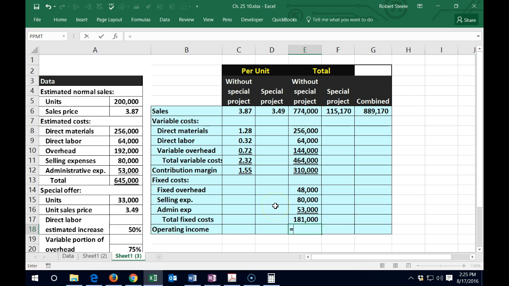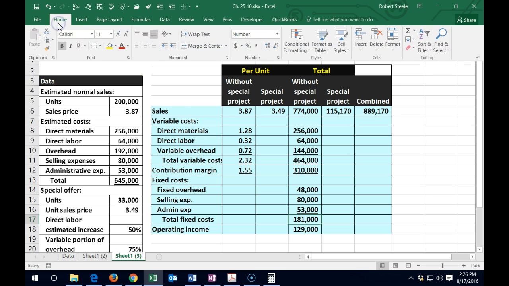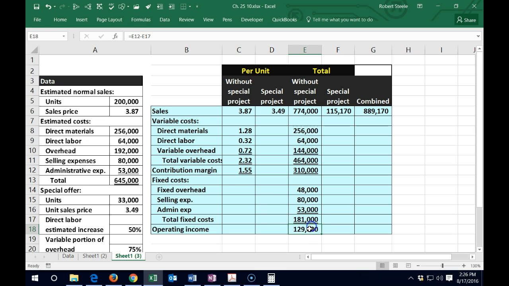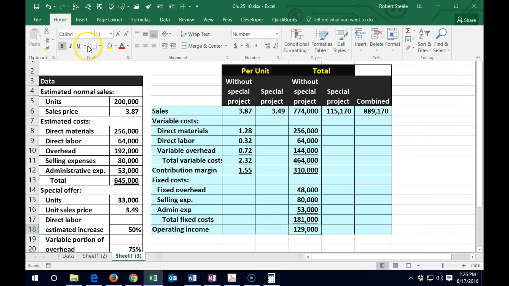And then we can get to finally the bottom line, the operating income. So operating income would then be the contribution margin minus the total fixed cost. So notice what we're doing when we calculate this is we're putting the income and expenses in terms of the variable versus the fixed rather than a cost of goods sold type calculation. Going to go to the Home tab, font, we are going to underline here. Then I'm going to double underline here in the Home tab, font, and double underline.